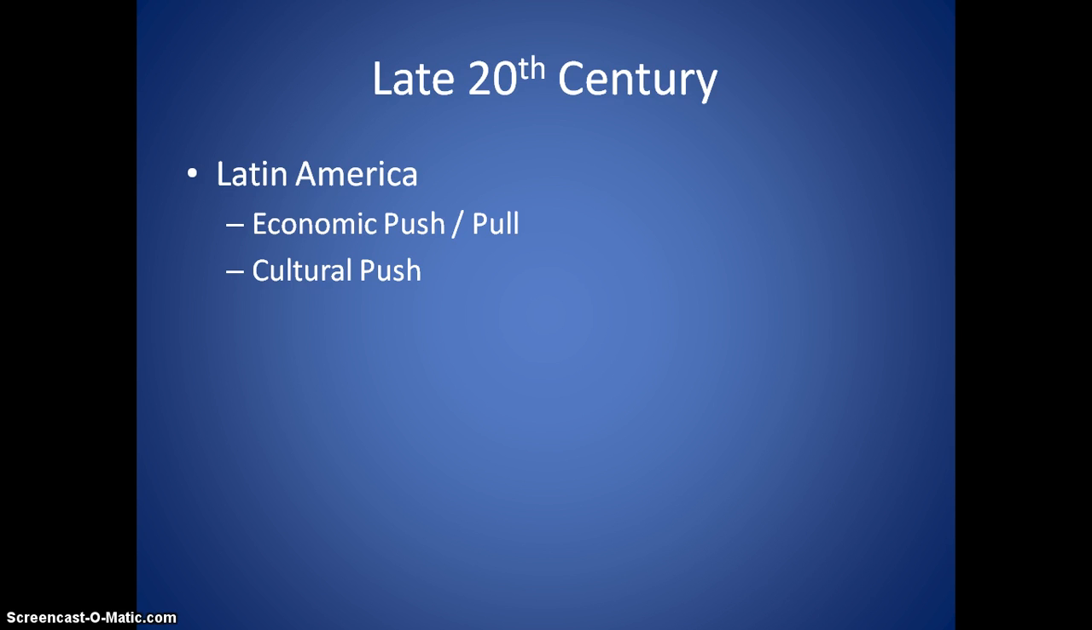Economic push and pull factors, when you had improvements with the Green Revolution, improvements in food supply, and the movement of industrialization to Latin America, improvements in life expectancy and things like that, population begins to grow. There are fewer resources. You have the economic push factor as well as the pull factor to the United States,